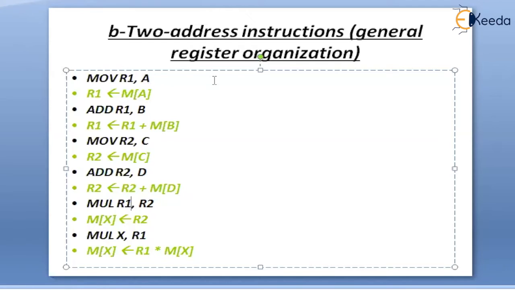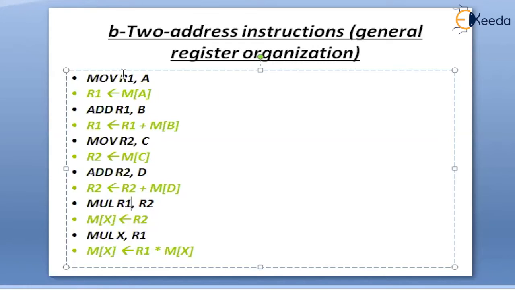So what we'll do is, we will take a processor's register R1 to transfer the contents of A. A will get transferred to R1. Why? Because the updation should be performed only on the processor's register. So for that, what we'll do is MOV R1, A. The contents of A will get transferred to R1. Now R1 is equal to A.